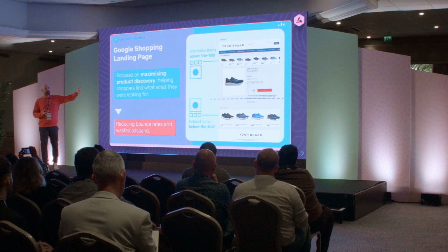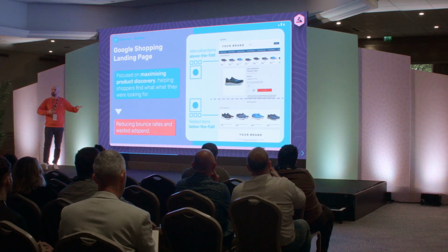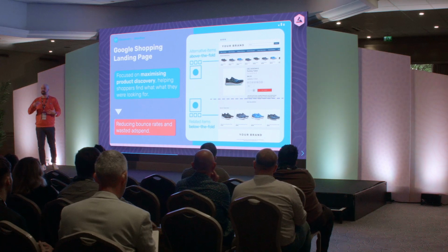They're on Google Shopping, they've come through. Is that the product they like? They can check out and immediately buy. If not, they've got the most similar alternatives above the fold. As they scroll down, there's rows and rows of recommendations, which are going to take them into different parts of